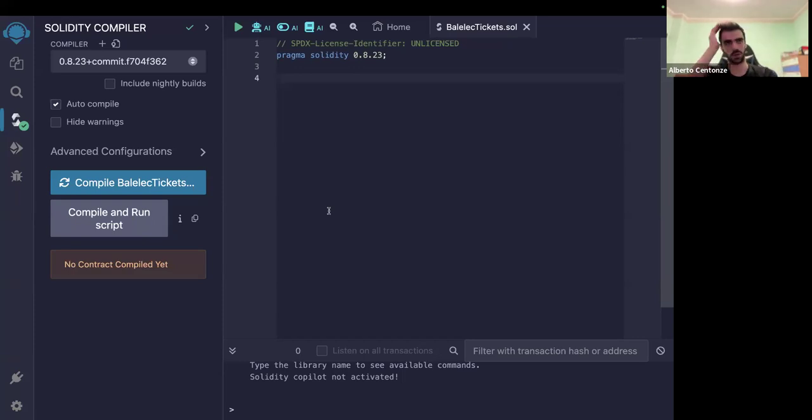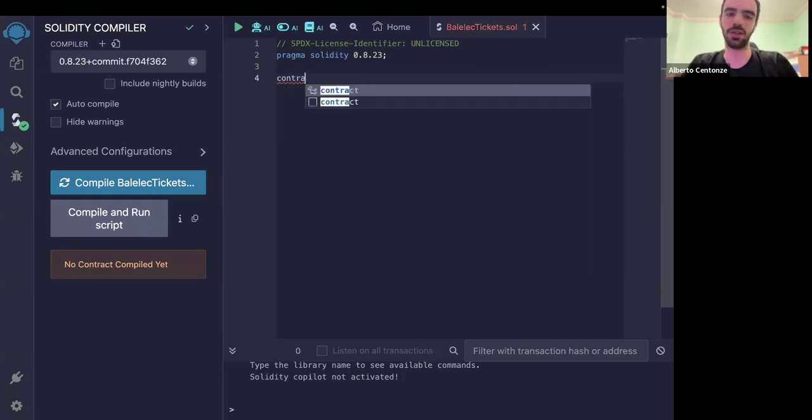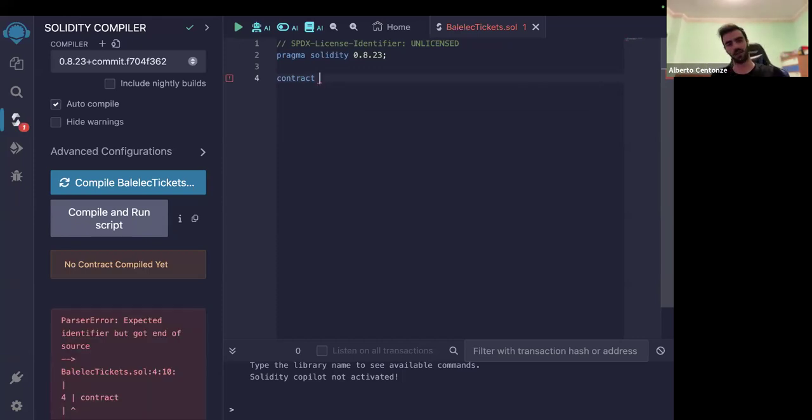So what we have to do now is create a contract. This is easy, we just say contract. If you are familiar with Java, this looks a lot like classes, but they're fundamentally different. For example, you could do inheritance with this stuff, so you could do super contracts and subcontracts, but this is not always the best. It depends, there's a lot of debate. So let's just focus on what we're going to do here, but keep in mind it sort of looks like a class, if that can help you. If you have no clue, it doesn't matter, it's really not important. So we create a contract, and we call it, for example, Balélec ticket seller.